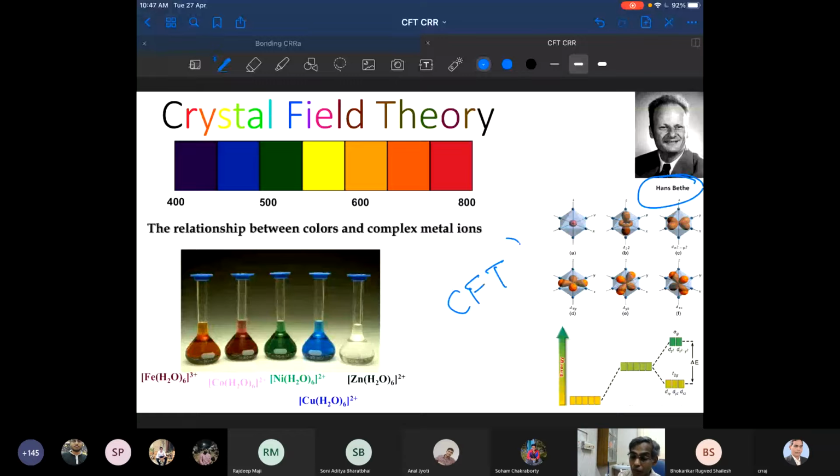Now, this theory was not meant for explaining the bonding or the properties of the inorganic complexes. It is meant for explaining the color of the stone or the different properties of the crystals. So what does crystal field theory actually talk about? These are some diagrams that I have given. We will come back to these colors, right? It basically talks about your d orbitals. The crystal field theory is completely centered only around the d orbitals, right?